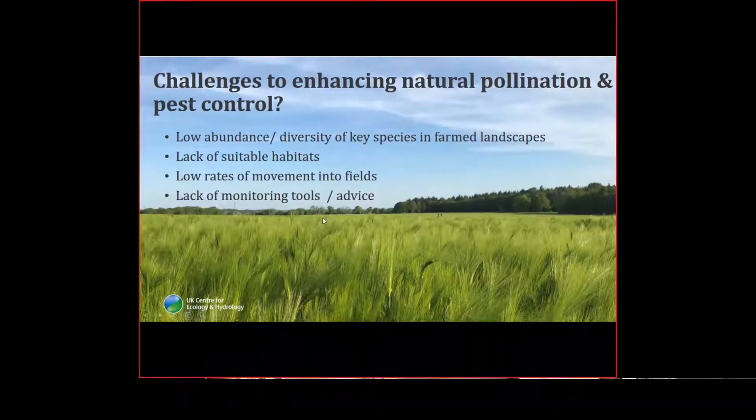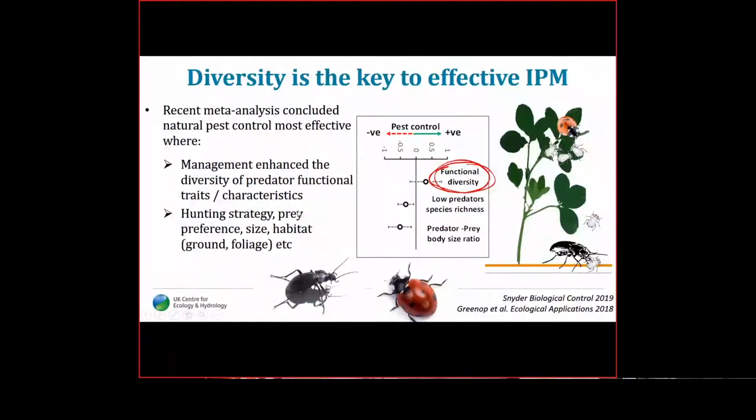Thank you. Okay, right. So in terms of looking at these challenges, there's low abundance and low diversity of the key species for effective IPM. A colleague of ours at CEH, Aaron Greenock, published a meta-analysis in 2018 where he looked into natural pest control globally. And he concluded that natural pest control was generally more effective where management was in place to enhance the diversity of